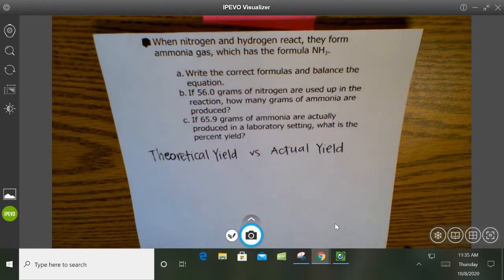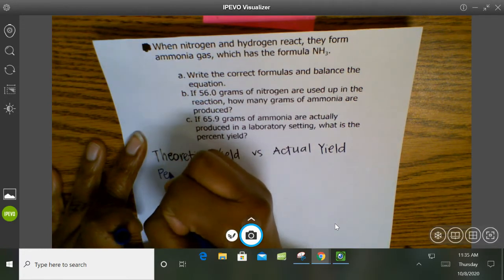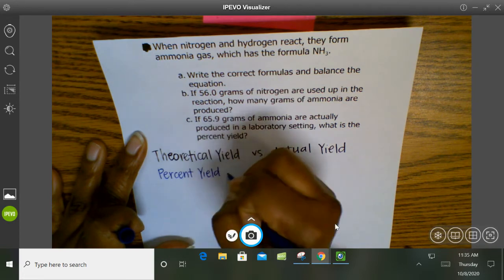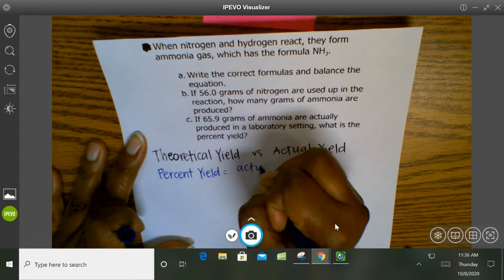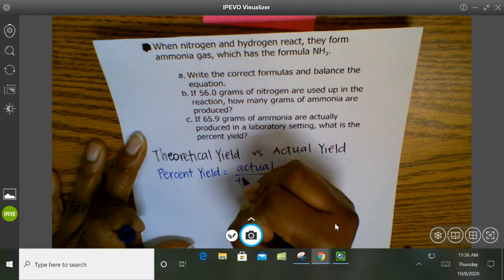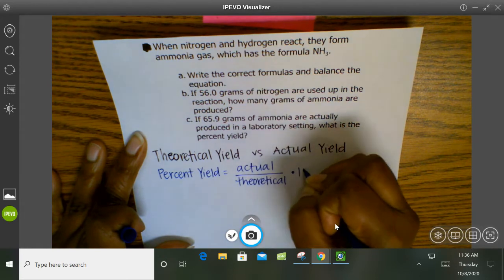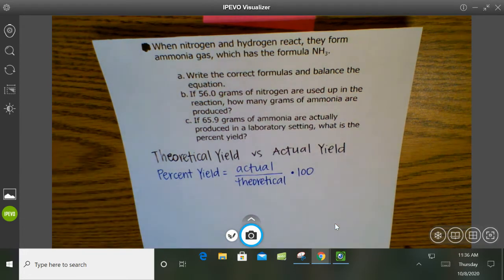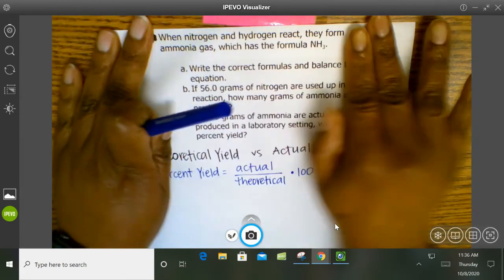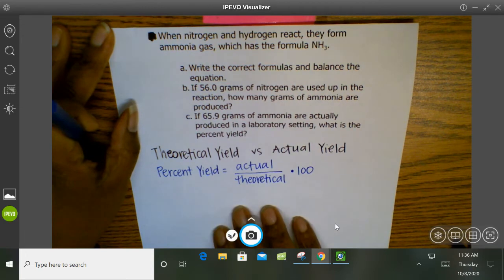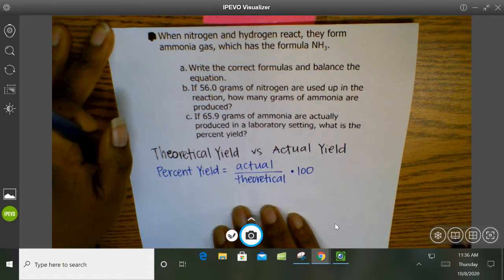And so to find the percent yield for a reaction, what we're going to do is take the actual divided by the theoretical and multiply that by 100. Okay, so let's look at our problem up here and how this will lead us through doing all of these calculations. It says when nitrogen and hydrogen react, they form ammonia gas, which has the